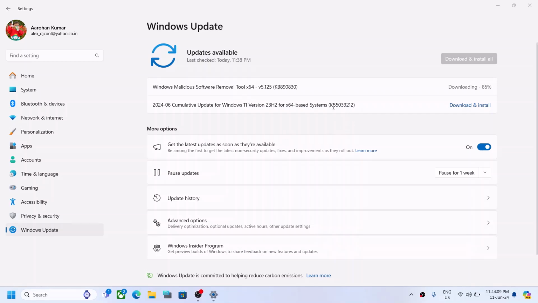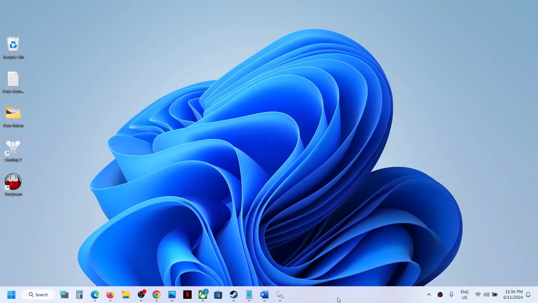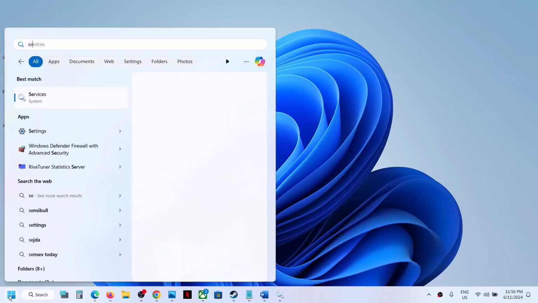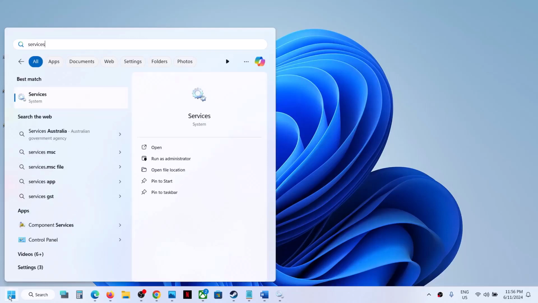Today in this video I'm going to show you how to fix when you're unable to install this update, that is KB5039212. So if you're unable to install this update on your Windows 11 computer, then please follow the steps shown in this video. Now the first step is to type in services in Windows search box and then click on